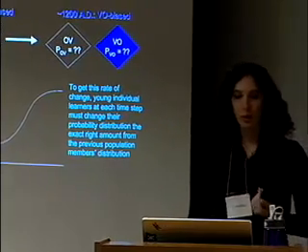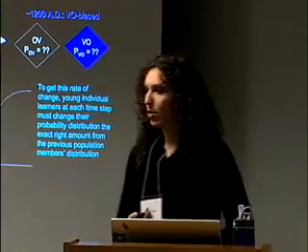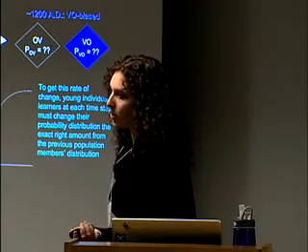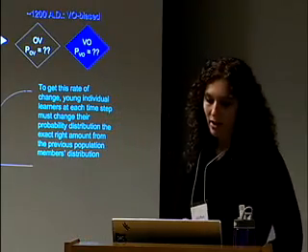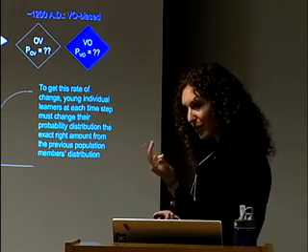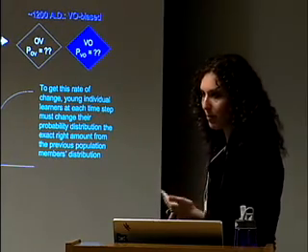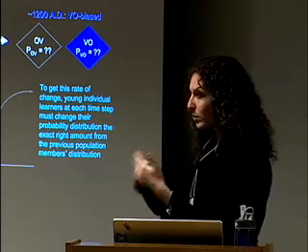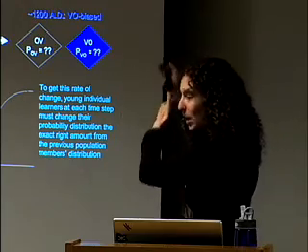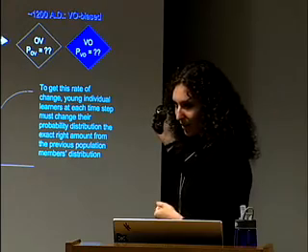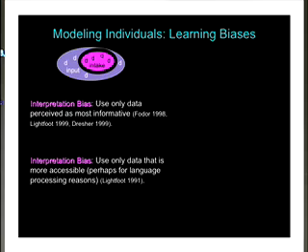So the idea is, if you're thinking about the learners as the force behind the change in this particular case, then the young learners have to change their probability distribution the right amount at each point in time so that you get a build-up of probability change within the population at the right rate. And the way that this is going to happen has to do with how individuals are dealing with the available input, the fact that some of it's ambiguous and they have to figure out what to do with that.